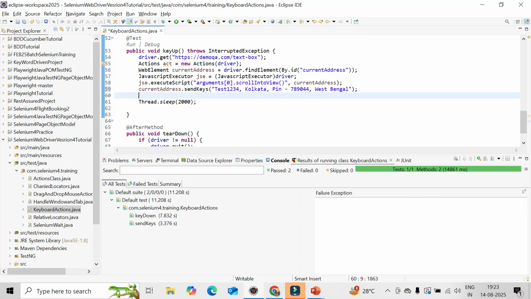Now I need to select the current address, using pressing Control and A, right? That is the way you can select everything. So what is the object created? I have created the object called act